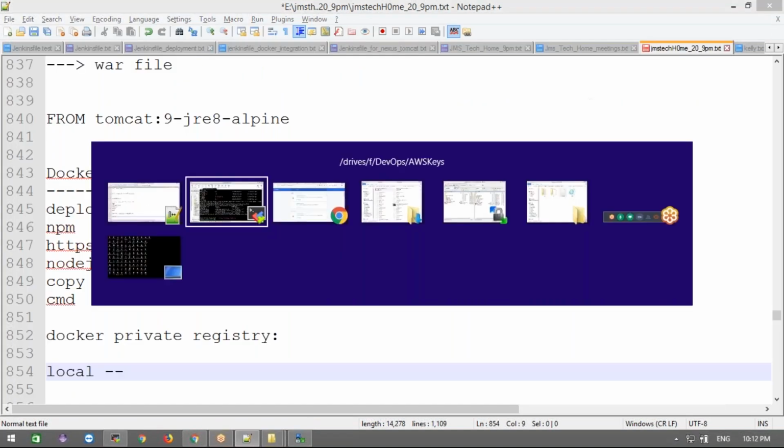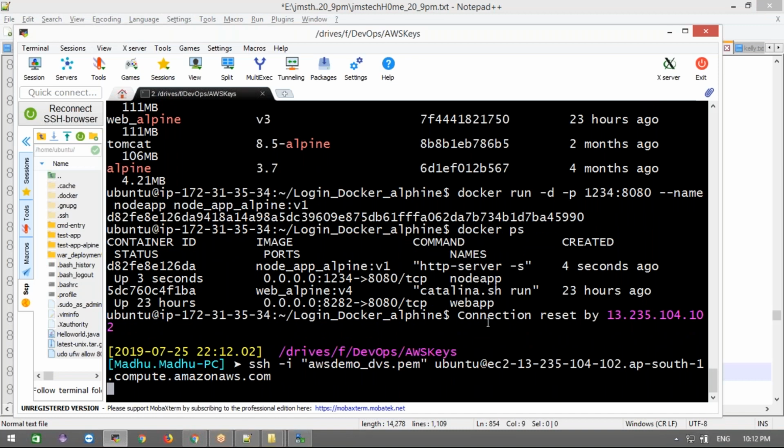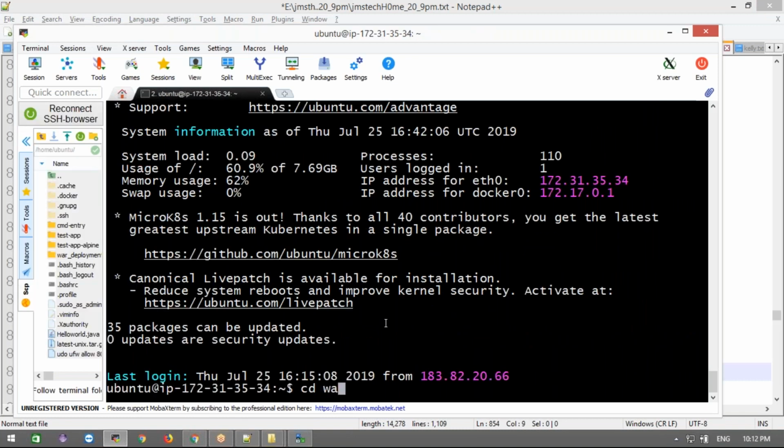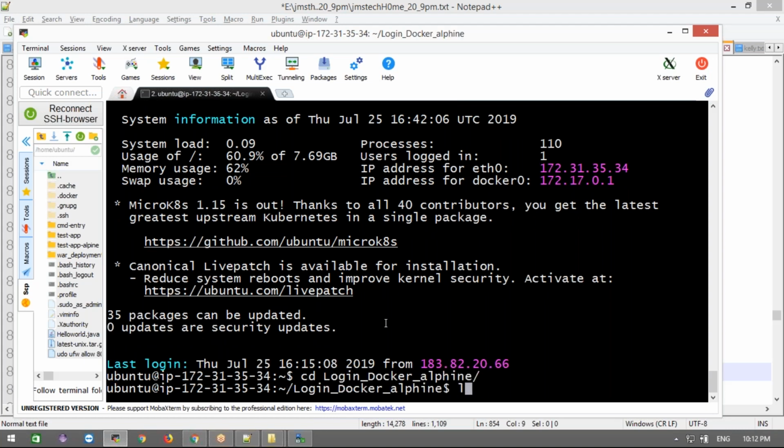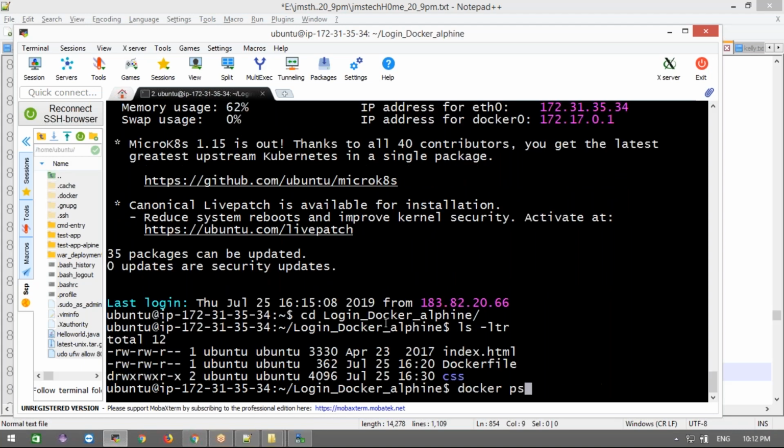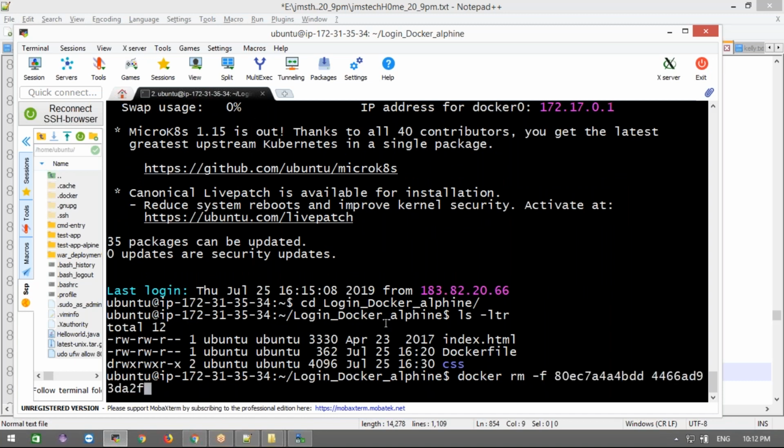It's taking a long time to connect. Okay. This one, right? Docker Alpha. Let it be.